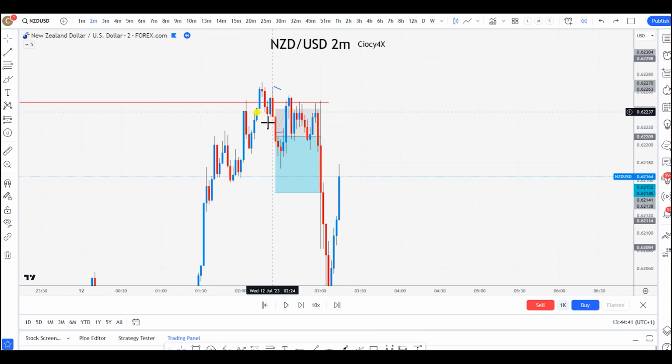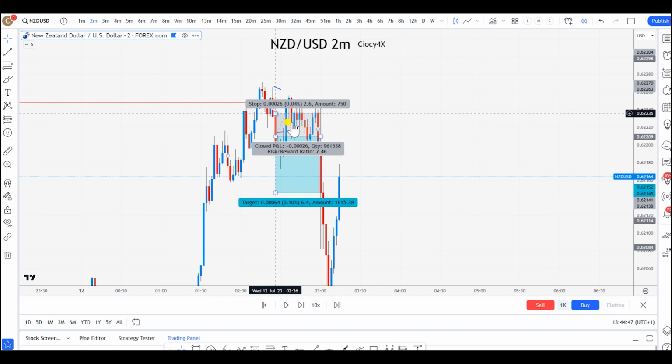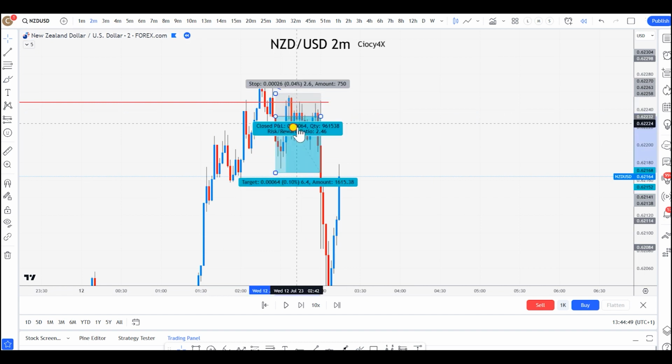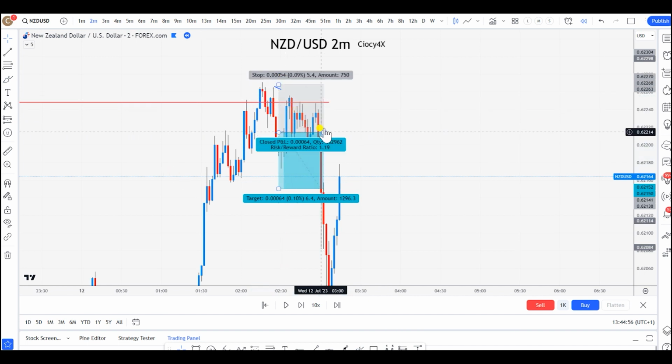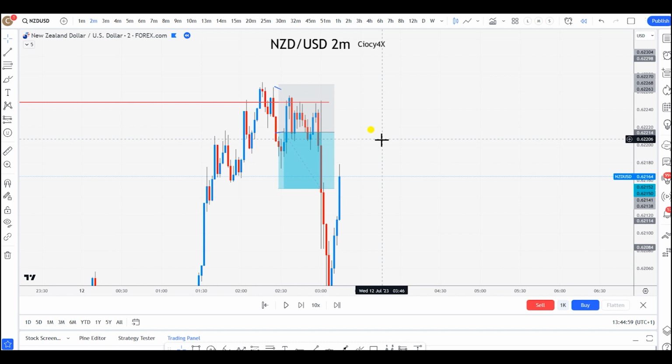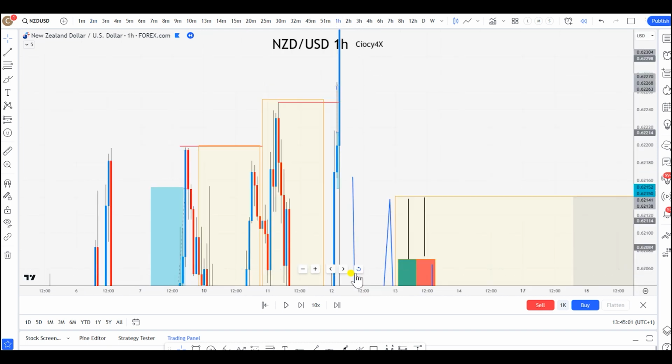Some people might be taking the trade like this, right? You see an efficiency tap like this, or some other people might be taking it like this from the fill of the imbalance, all right? And some others might take the trade like this. I had this on my drawing. So you guys saw that I had 3 types of entries on my drawing. Let me show you one more time so you can see what I'm talking about.